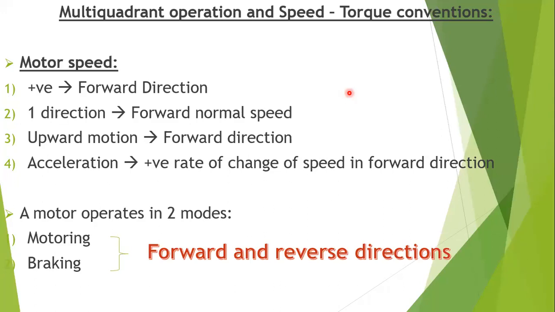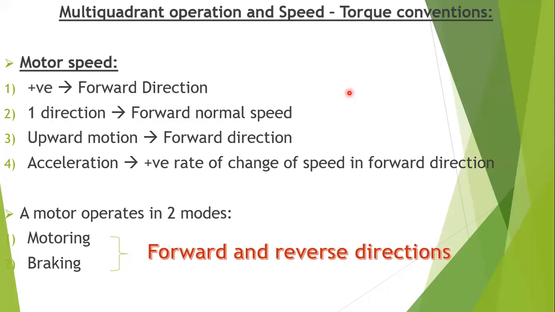So according to equation 2, what is that equation 2? Motor torque is equal to load torque plus dynamic torque, J into d omega m by dt. This is the second equation. So according to equation 2, positive torque will be opposite in direction to the motor positive torque. Okay, always there will be opposing.